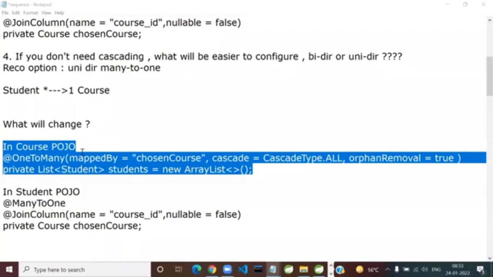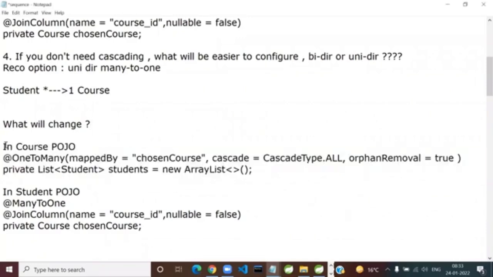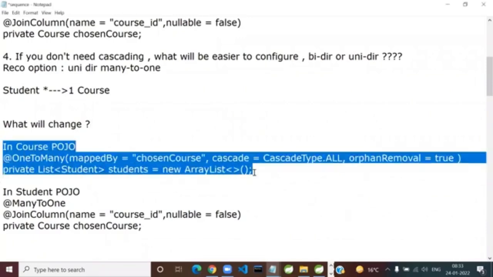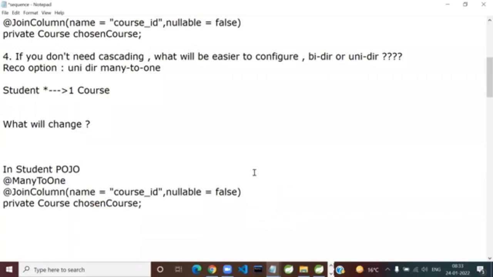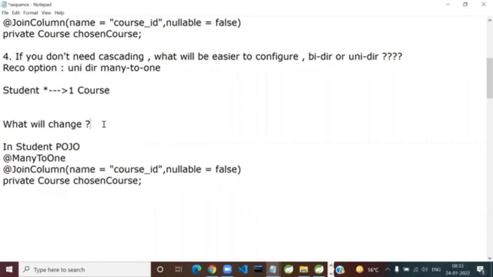Guys, see the highlighted code. Exactly. Abhijit is right. Guys, this entire property is gone. Can you access from course a student any longer? Yes or no? 100% not. So this was an obvious thing, guys. I was expecting a correct answer. Never mind. As long as you understand, I'm okay.